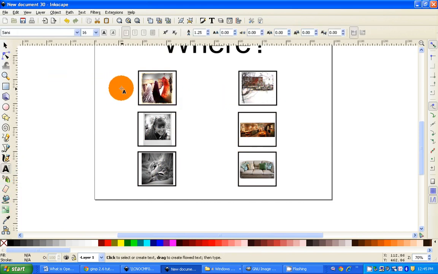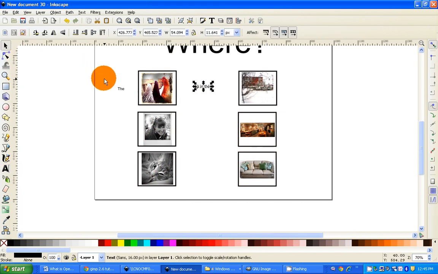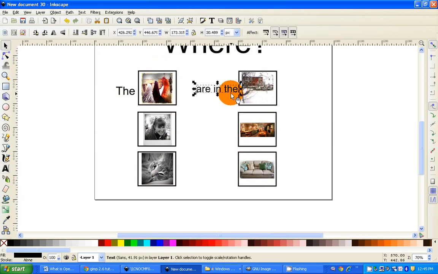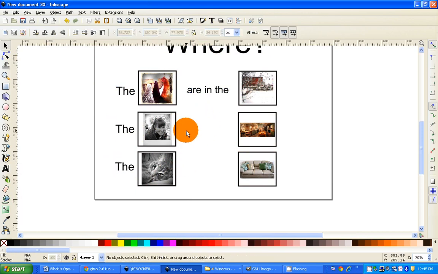So then you're just going to add in the text to help the student. So the, and then over here is in the. So let's make that bigger. So the, oh wait, I guess that should be chickens are. Are in the garden. Okay, and we'll copy that. Copy, copy. The woman is in the